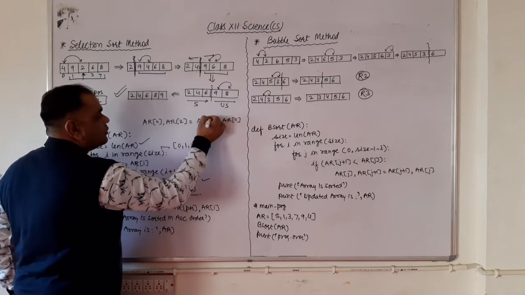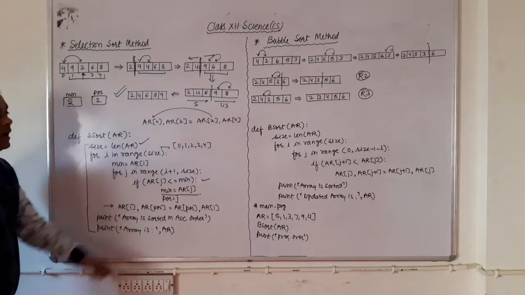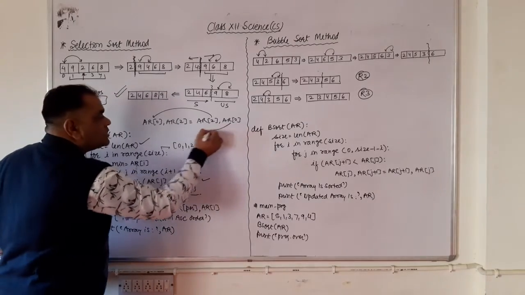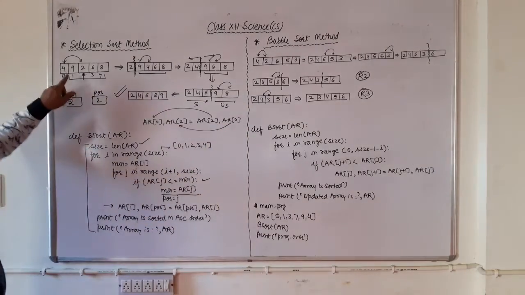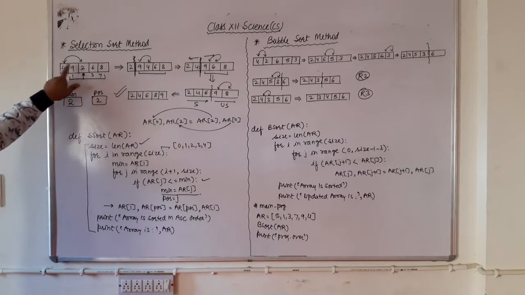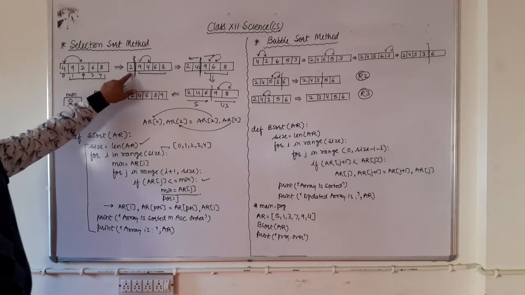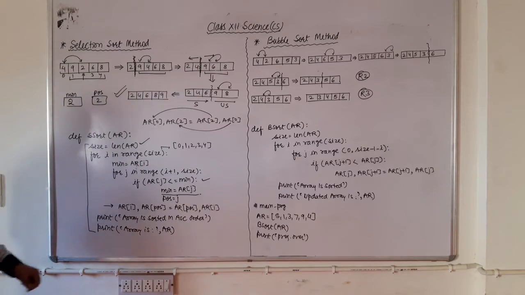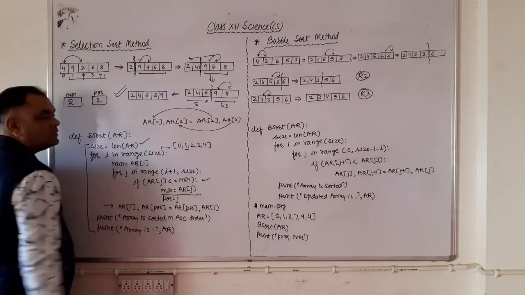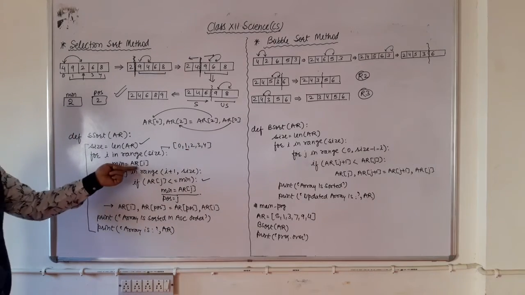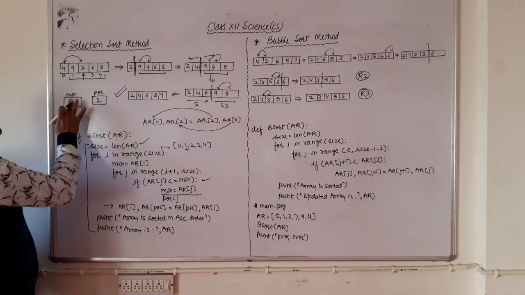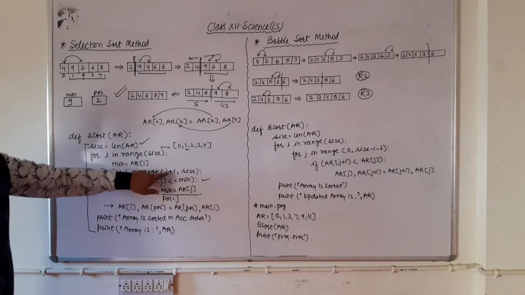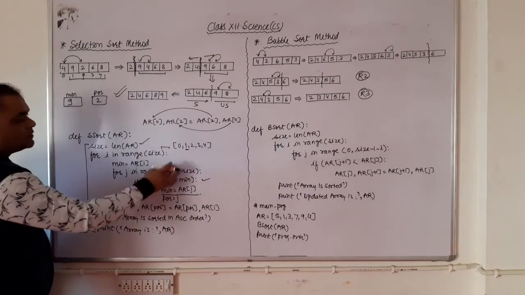Means what? The element at the second position is going to be stored at the 0th position, and the 0th position element is going to be stored at the second position. Means here the swapping of these two elements will be done and the array looks like this. Clear? Now again the value of I is 1. The second time, I is 1, means minimum equal to AR1. 9 is there in the minimum variable. Done? And then you are going to scan the array from I plus 1 onward.